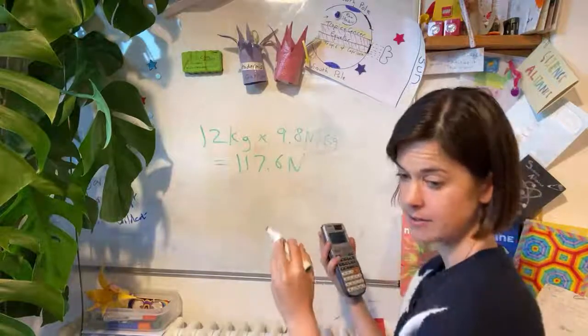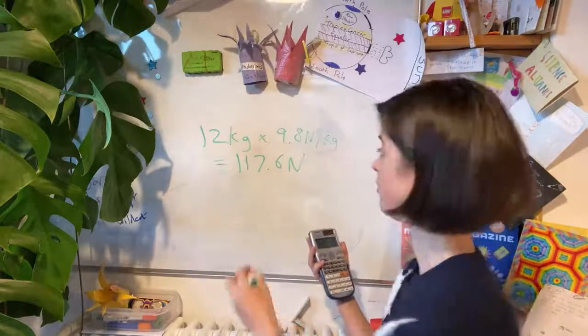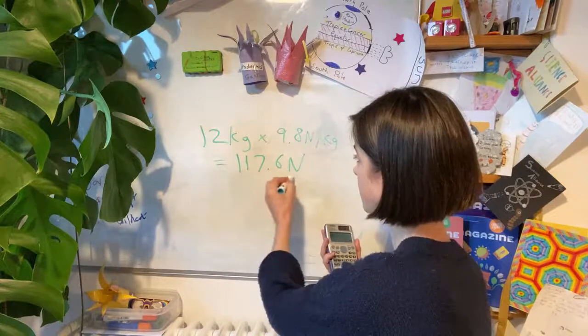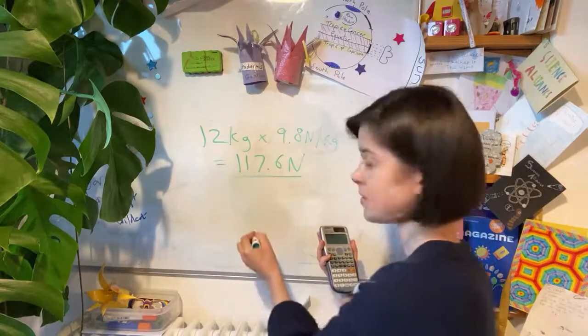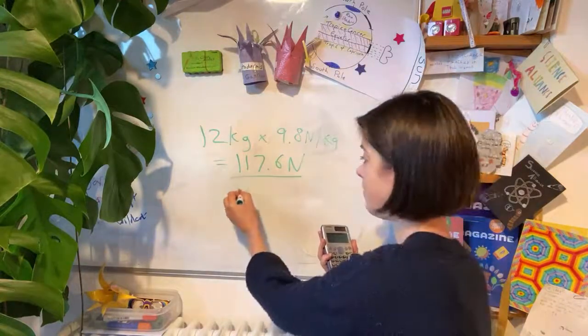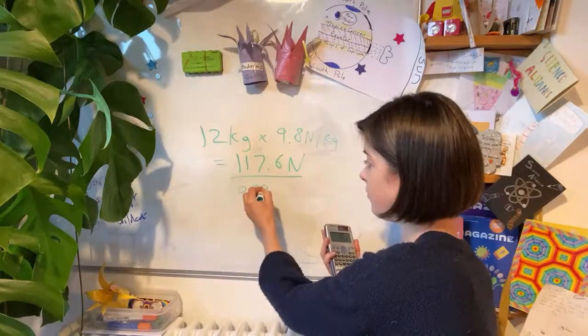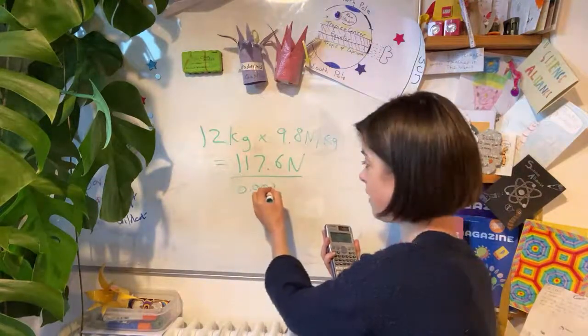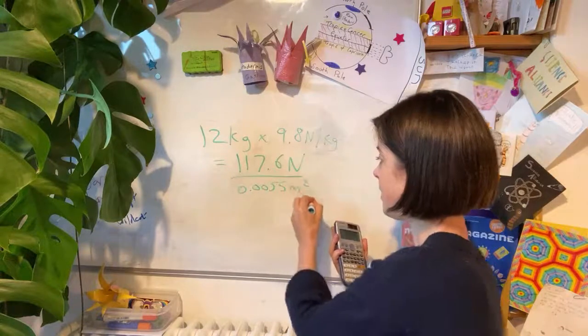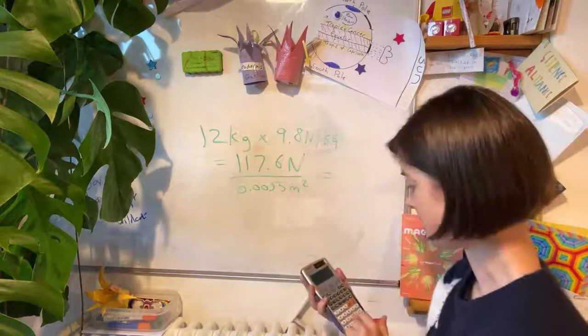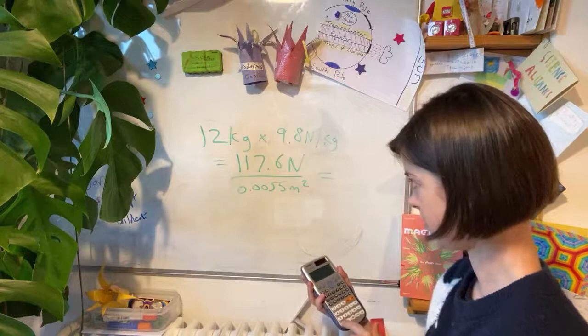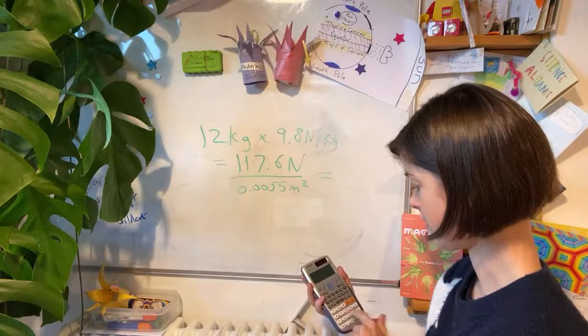So it's force divided by area for the pressure. So 117.6 newtons divided by the area of her foot. She's only stepping on me with one foot, so it's 0.0055 meters squared. Gives you an answer of